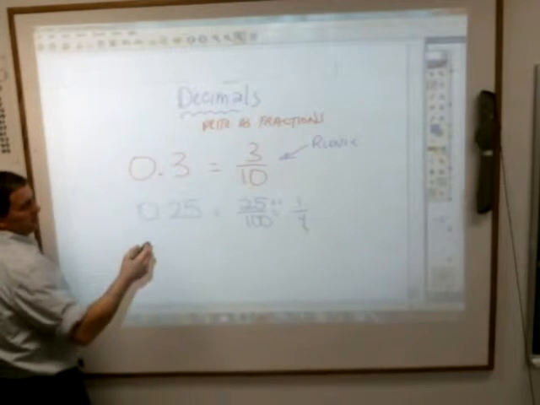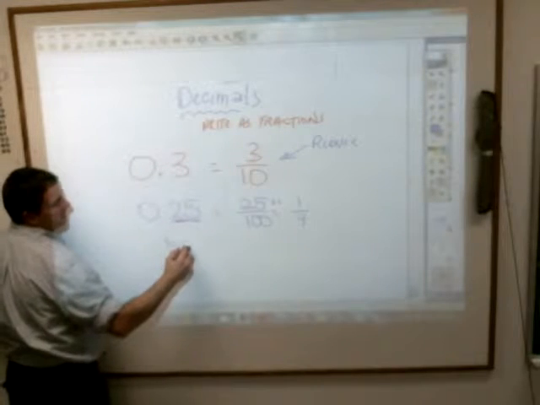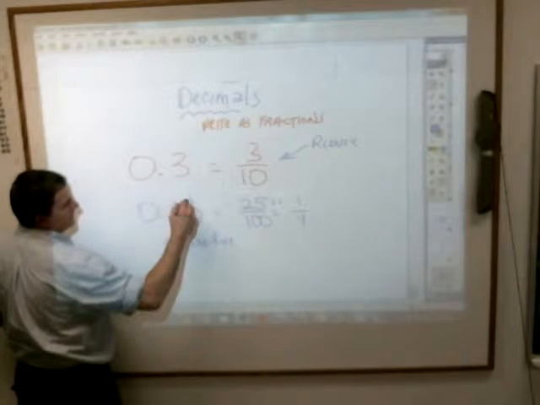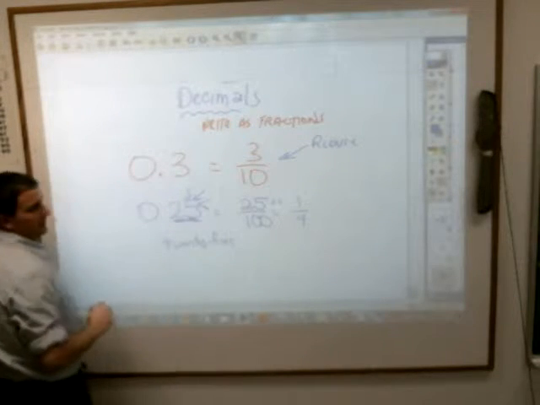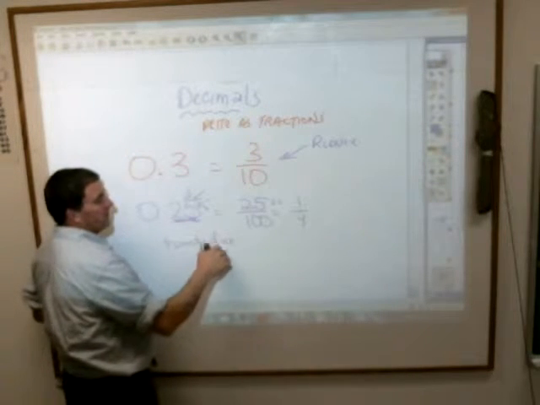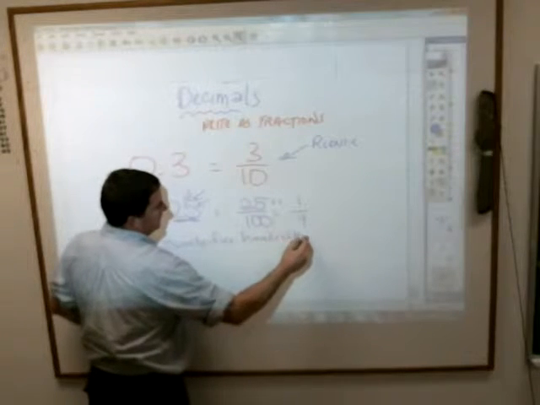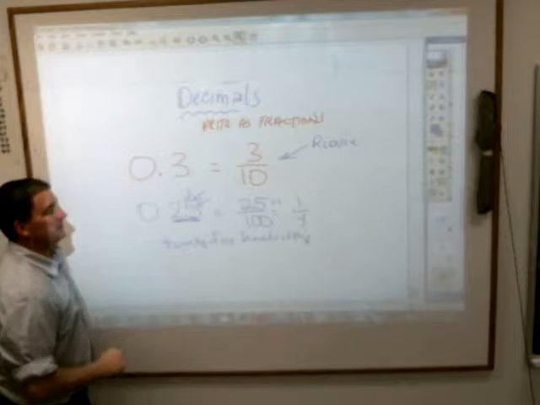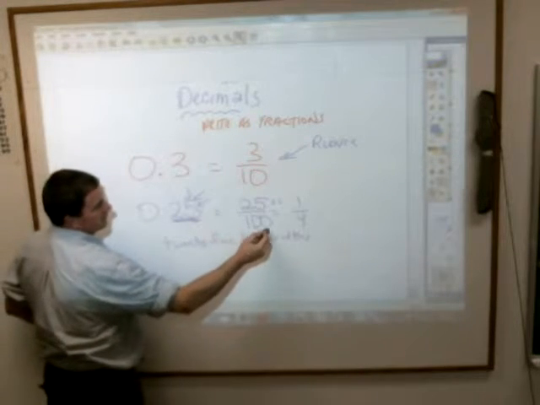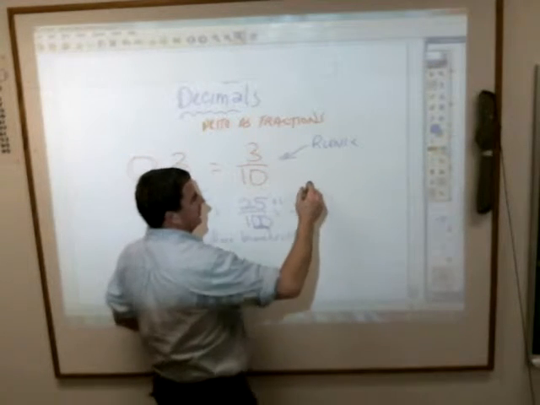How do I say a decimal? Well, you simply say what the number is after the decimal. That number is 25. Then whatever place the last number is in, that's the place value that you say at the end of it. It's in the hundredths place, so 25 hundredths is what you would say. Another way to think about it is this. However many digits are after the decimal, that's how many zeros are after the one when you make it a fraction. So if you have this, let's just go really hard,